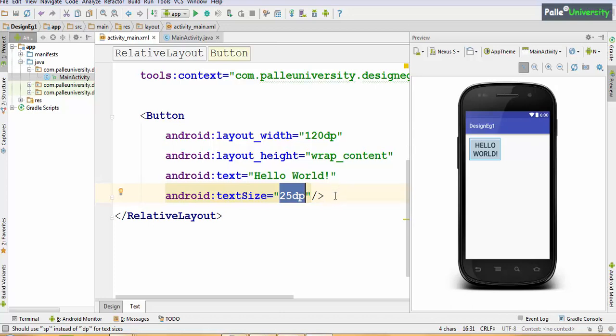It is the user's phone, so obviously the programmer should give high priority to the user's preferences. Since there is a possibility that the user can reduce or increase text size, we should never use DP. If we use DP, then the user's preferences will not be taken into consideration. In order to give the user's font settings high priority, in place of DP we should use SP. That's the main difference. I hope you understood the difference between DP and SP.